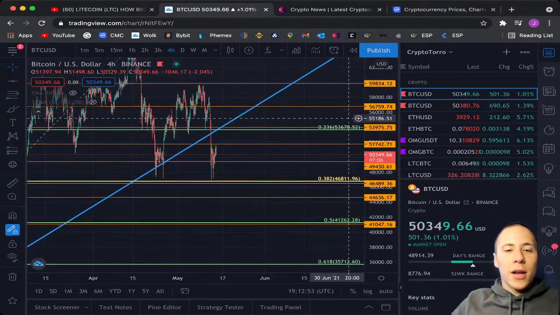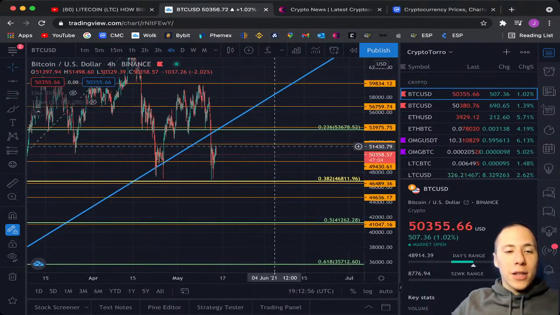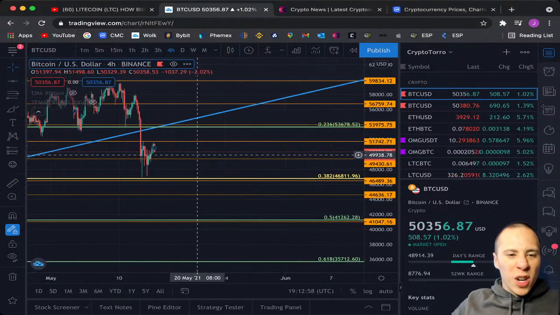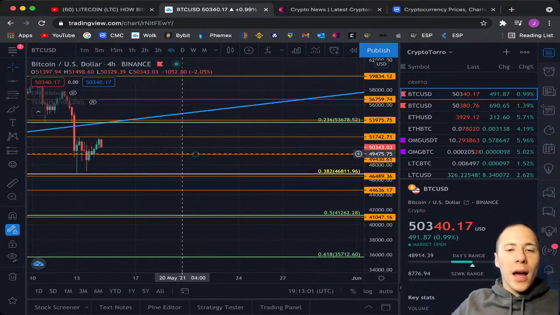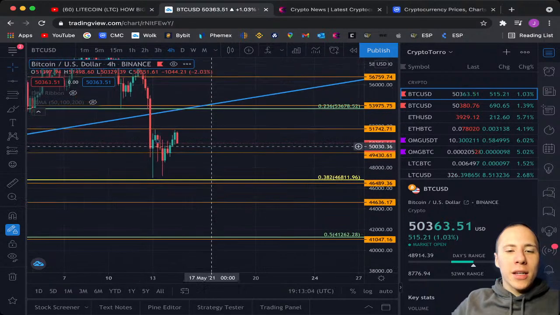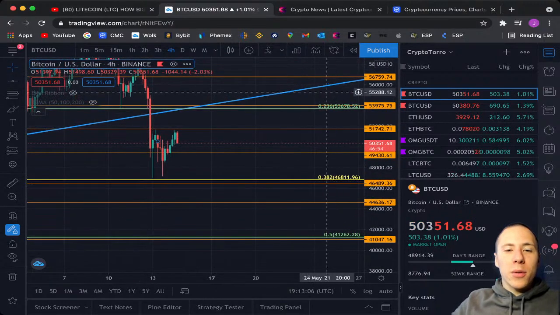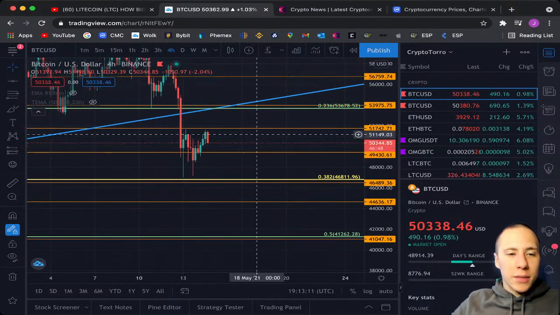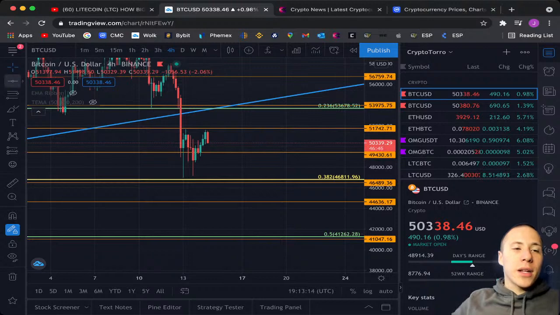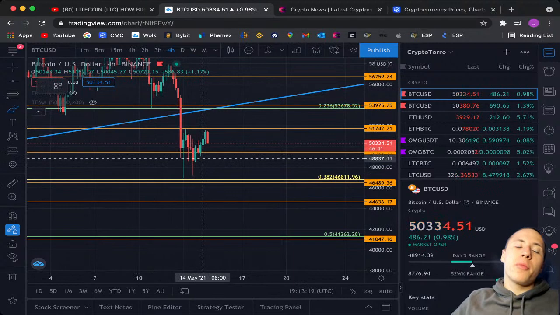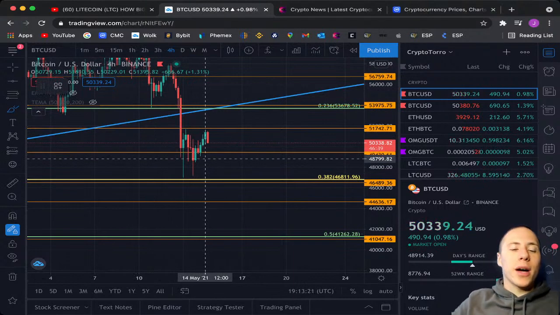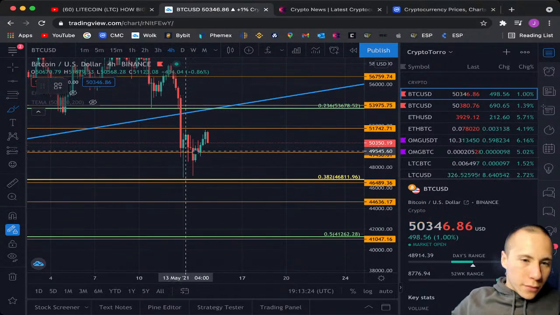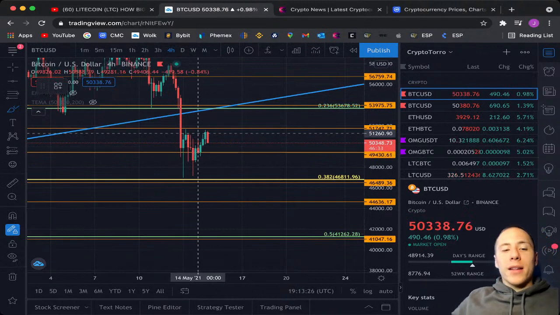Those are the levels that are marked green and yellow, and you can see right away that we are trading above and in between the 0.382 and the 0.236, and these are very important levels, especially because the 0.382 is the Fibonacci golden pocket entry level, and once we go towards this level, for me personally, it's a point where I would like to accumulate a particular coin, and right now that specific coin is Bitcoin.